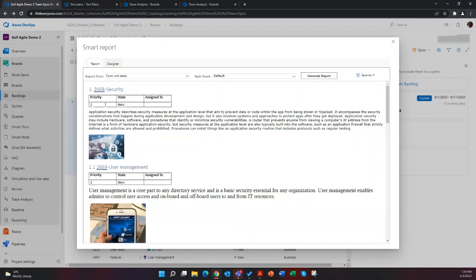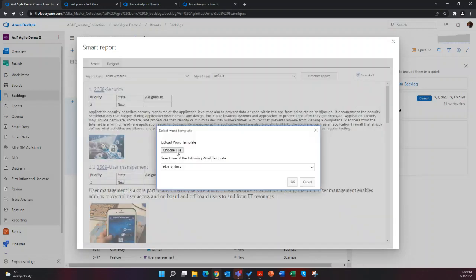You can see I've added some properties in a table format before the description field. So you can configure what information you want to extract. And then finally, you can save it to Word or PDF. When you do export it, you can choose your own Word template so that you can have your headers, your footers, your cover page, and all the wordsy things directly within the Word template that would get used.